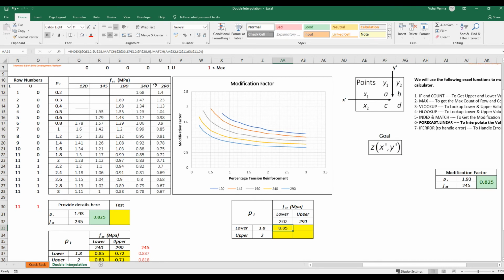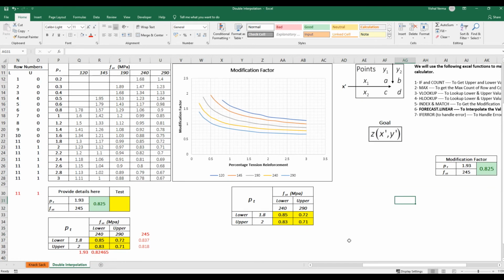So 0.85 we are getting as the modification factor. If we drag and drop this down here, we are getting the modification factor values based on the PT and FST values. So the first motive is achieved.